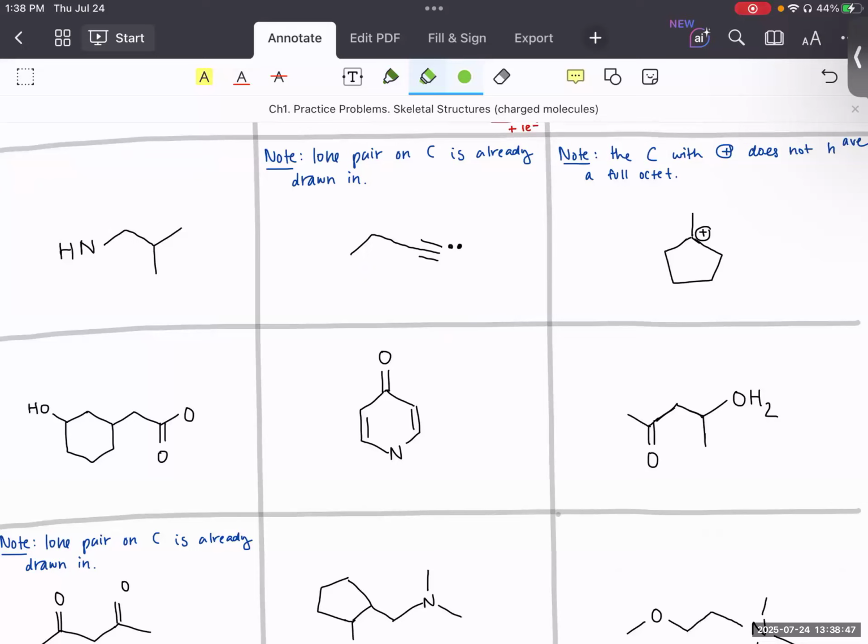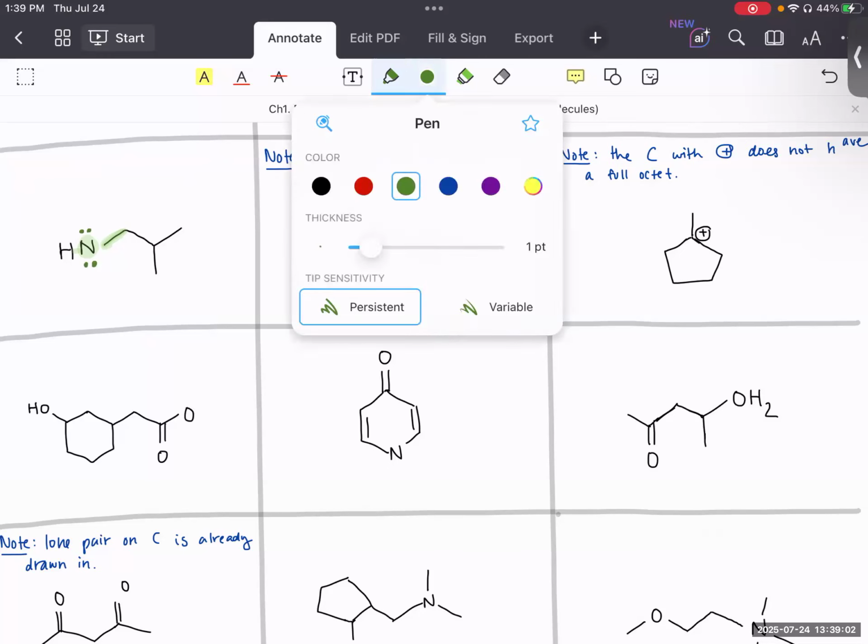For this one, let's start off with this nitrogen. Similar to the previous one, it has two bonds. It has one right here and then one to the hydrogen. And so to have a full octet, it needs two more lone pairs. And now to calculate